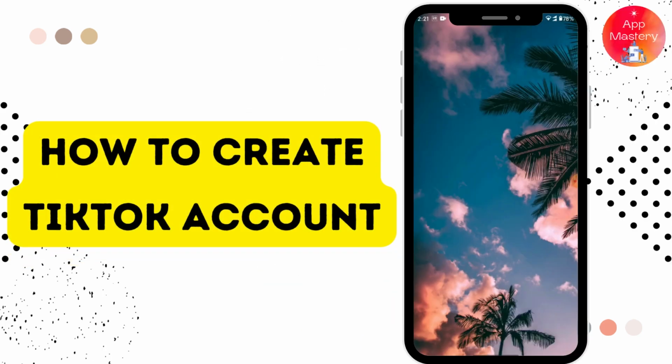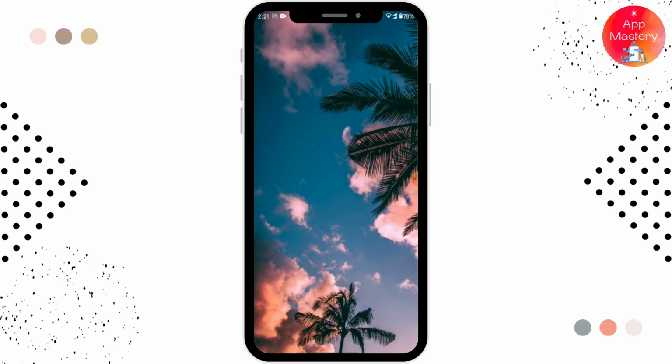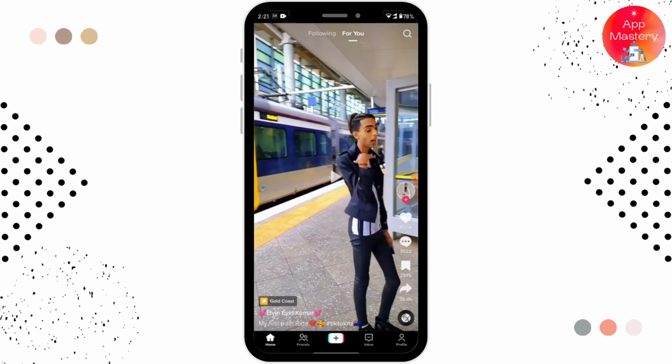How to create a TikTok account. So if you want to create a TikTok account, then all you have to do is open up your TikTok